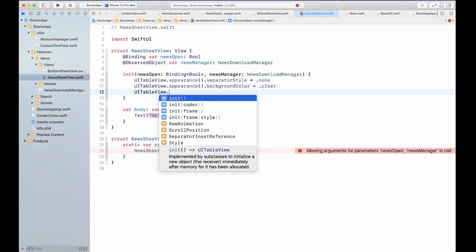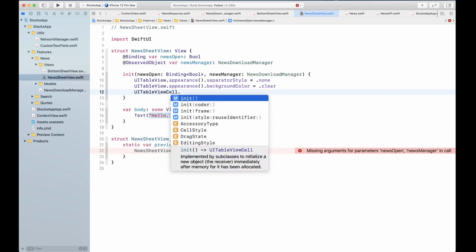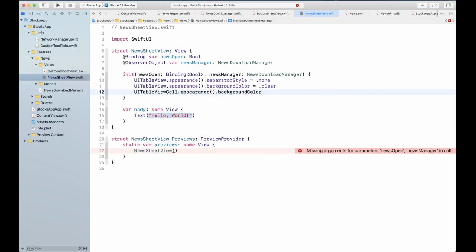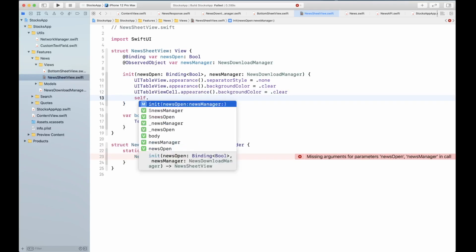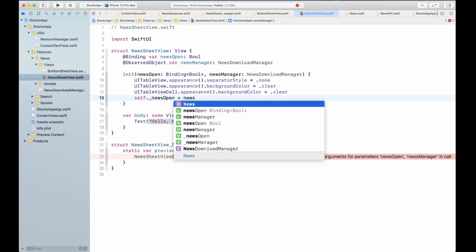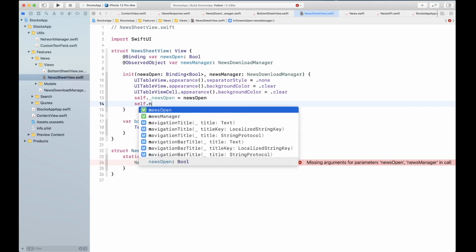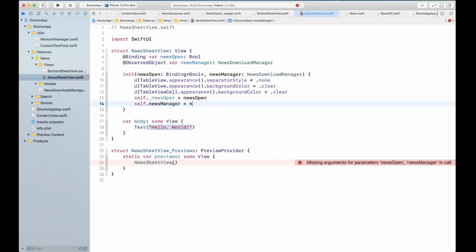UITableViewCell.appearance().backgroundColor to be clear as well. We're also going to initialize our news open, so news open with the news open variable that's being supplied to us, and news manager with the news manager that's been given to us during the initialization.